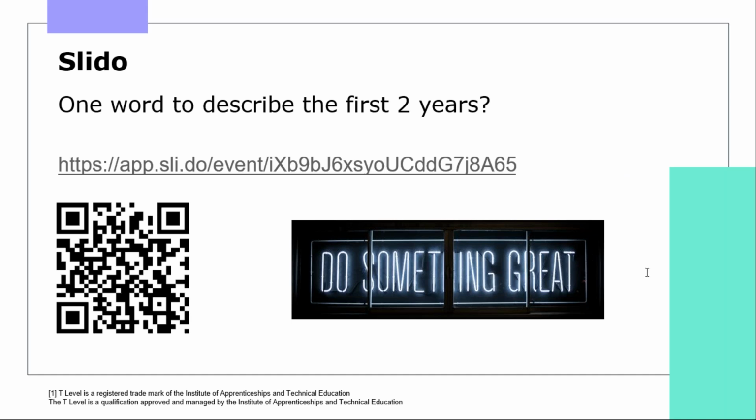So you can either scan that code with a smartphone that I spoke about earlier, or you can click on the link and we're asking for one word from yourselves, please, to describe the first year or 2 years of delivery in your education and childcare T level. So that word, it's a word cloud poll, should be open for you now.